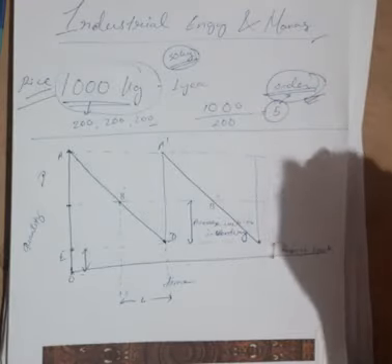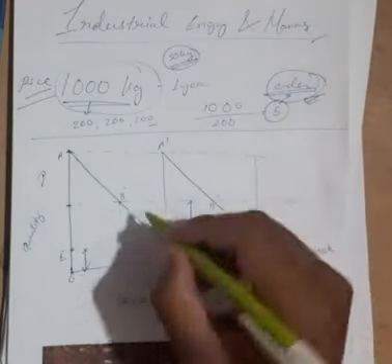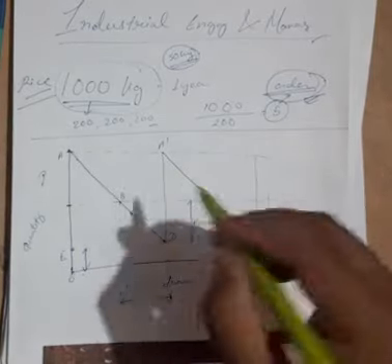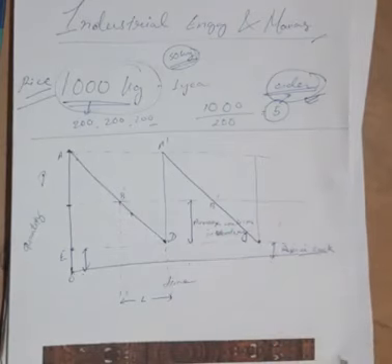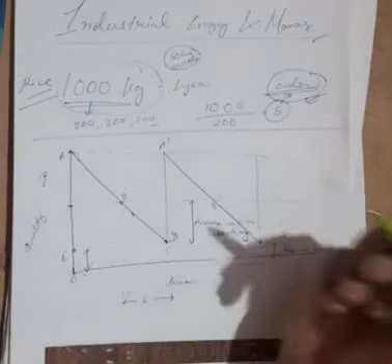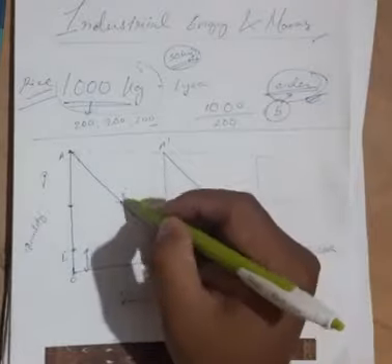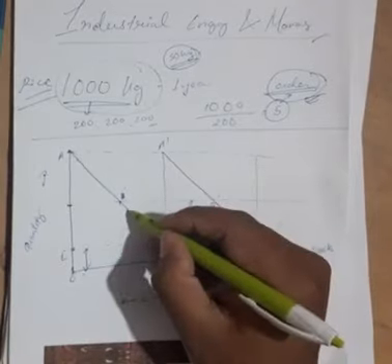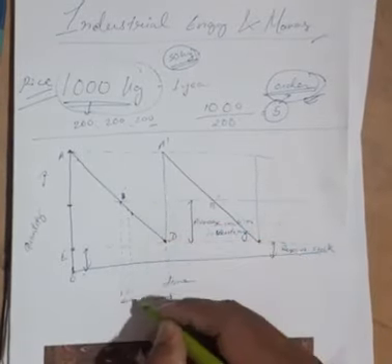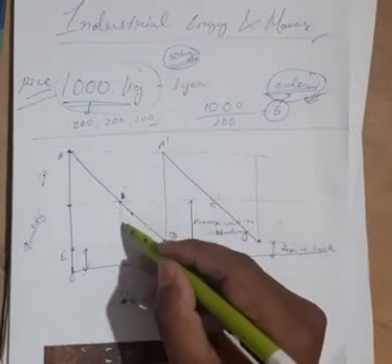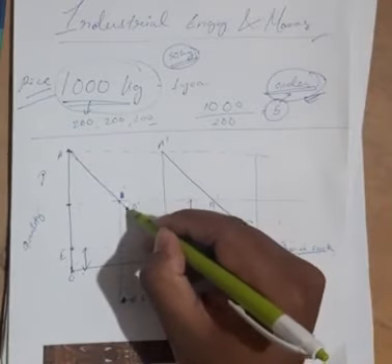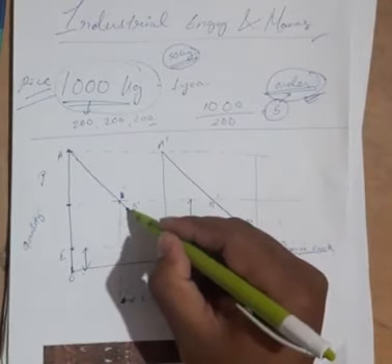So we have to see how much time it takes. For example, suppose it takes... sorry, I have done something wrong. This will not be B. This will be B. It will be L, sorry. This is not; this will be B dash. Okay, so B dash is called the reorder point.